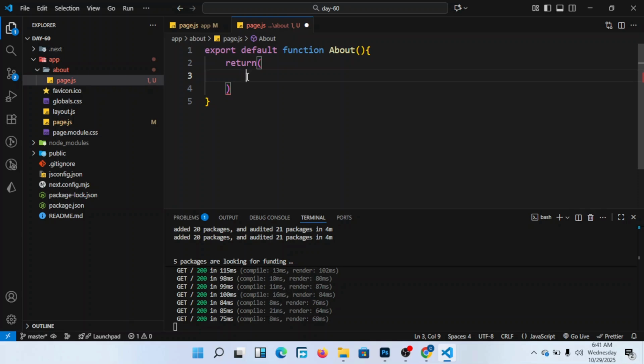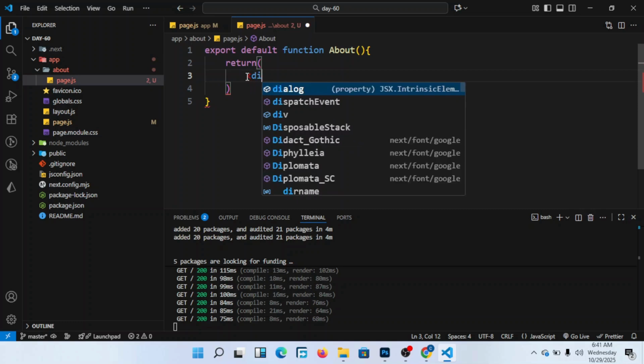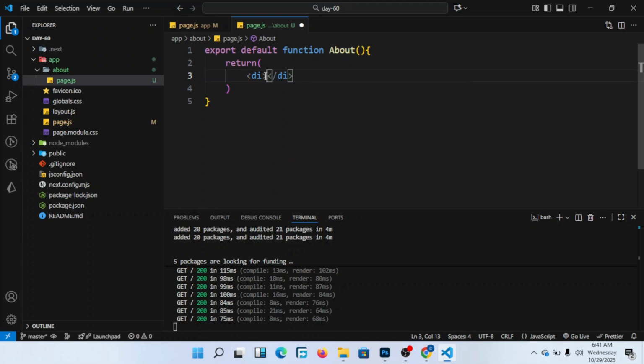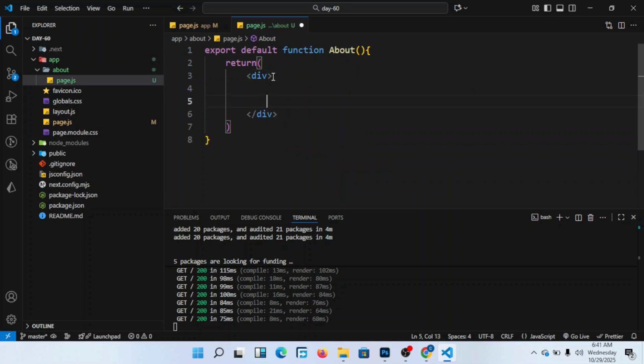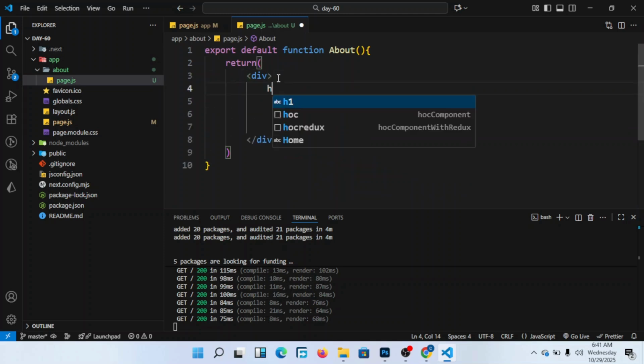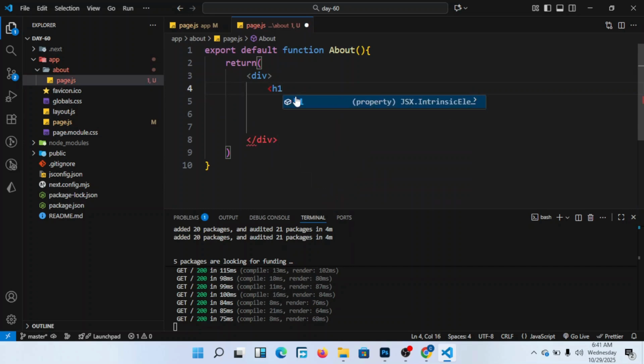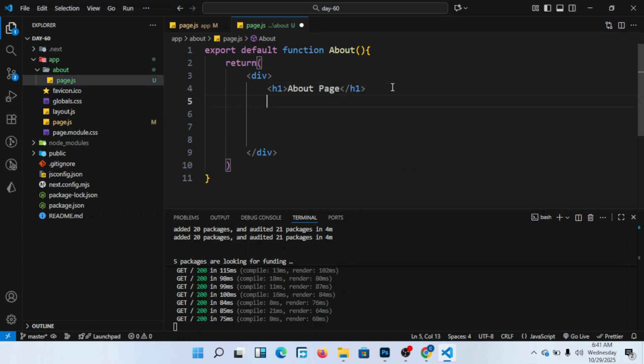So I can maybe put a div here. Don't put two things inside there. Div like this. Then I come here and put heading 1, and I put about page. Then I put a p tag,